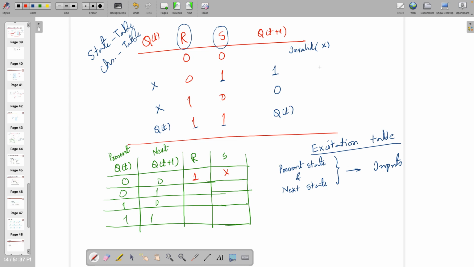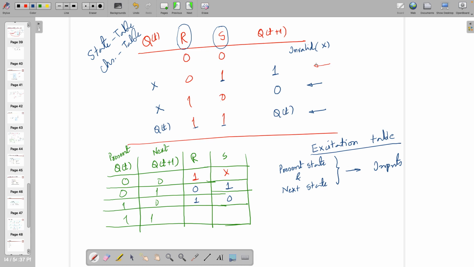So 0 1 is only happening at this place. Do you agree with this one? There is no possibility in these three other possibilities where that will happen. So for that we will have RNS value as 0 and 1. For 1 and 0, that will be the case. So you are going to have 1 and 0, and when both are 1, then